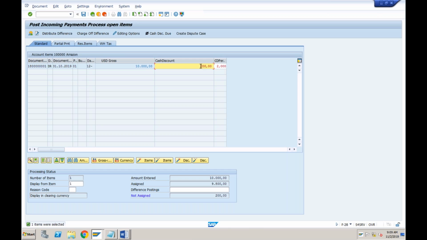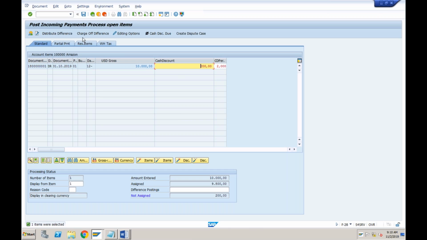So it is giving you 200 USD as a cash discount, because you are making the payment early. It is by default taking the discount because we are making the payment on 2nd of November. Shouldn't they be remitting us 9,800 because they're paying early? Yes, if you are receiving the payment on 2nd of November, and if you want to utilize this cash discount,